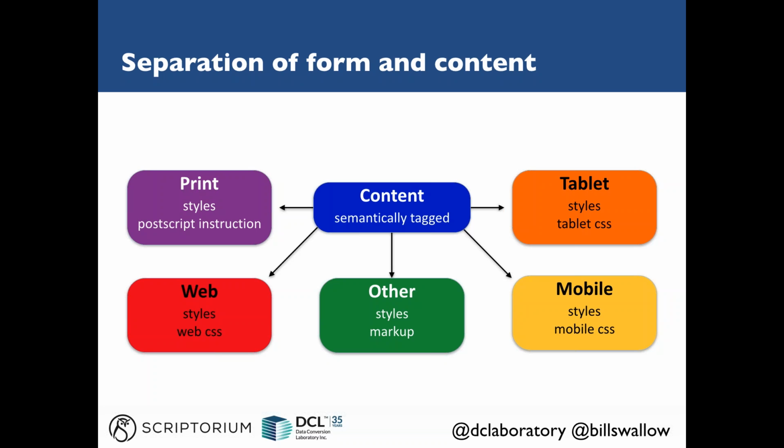So really, when we're talking about all of this, it becomes critical that there be a separation of form and content when you're developing your content, especially for the Internet of Things. Reuse is absolutely critical, and so the best way to do this is with XML. You can tag the content both structurally and semantically, and let transforms dictate the actual look and feel for each delivery format. So for print, you pass some content through a transform to print, and it maps your XML tags to styles, and it gives it PostScript instruction on how to lay this information out,